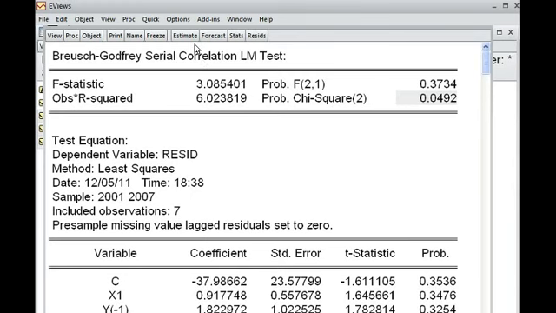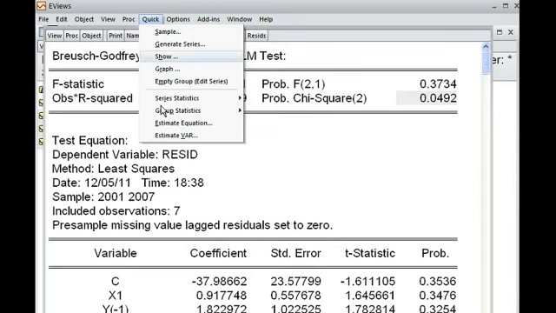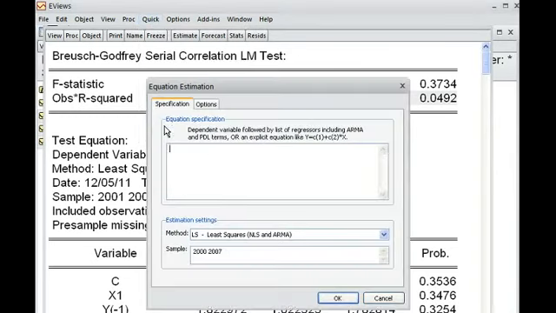Okay, we can now do the first difference method. So I go to quick, I go to estimate equation. Then I write d, for first difference, meaning the y variable has been converted to first difference.